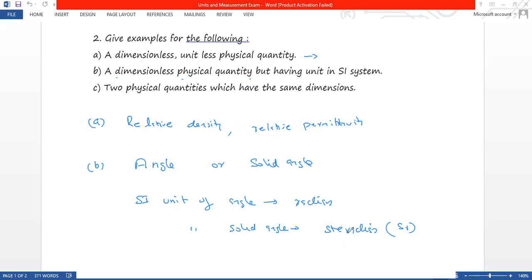Clear, right? So then what is the third one? Two physical quantities which have the same dimension, that is pairs, right? Work and energy are pairs. Both have the same dimension. And we can take work and torque, stress and pressure, and another one, surface tension and surface energy. These are physical quantities which have the same dimension, that we normally call pairs. Okay. And the third one is